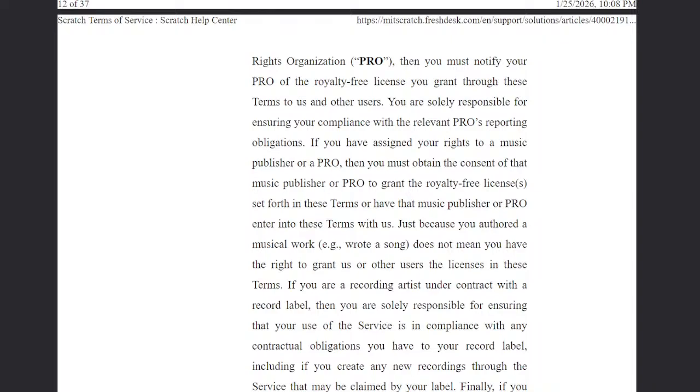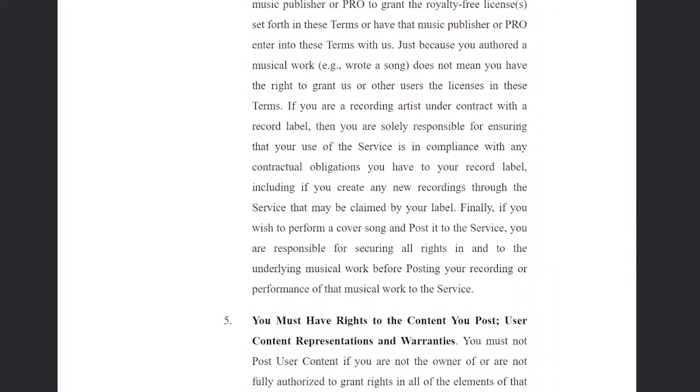If you have assigned your rights to a music publisher or a PRO, you must obtain the consent of that music publisher or PRO to grant the royalty-free licenses set forth in these terms, or have that music publisher or PRO enter into these terms with us. Just because you authored a musical work, e.g. wrote a song, does not mean you have the right to grant to us or other users the licenses in